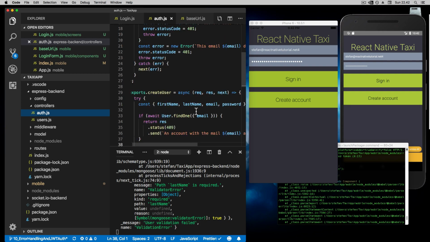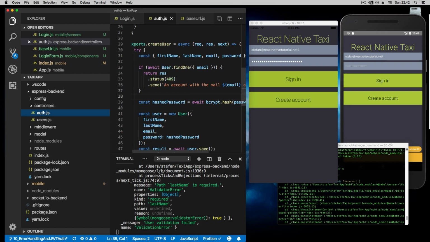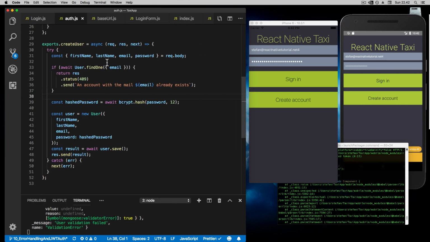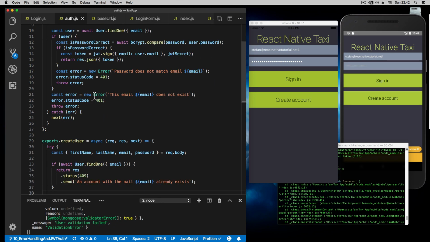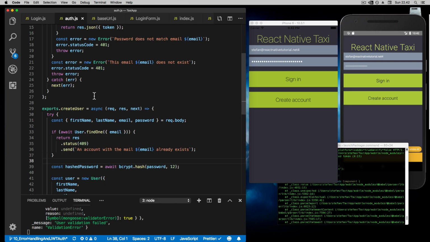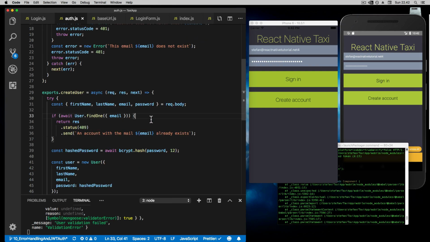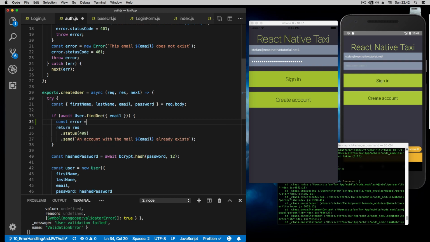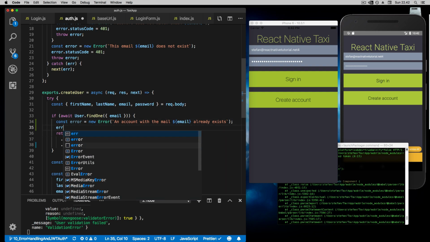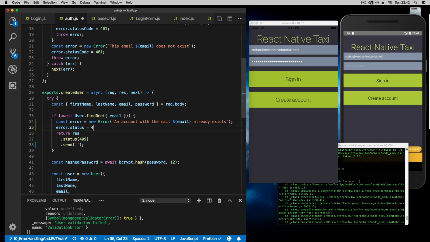And then we have a create user. Now you can see this create user function right here. You can see that we are not throwing an error like we do at the login function. So the error message is looking a bit different. It's just coming out as a string instead of a message object. So we just need to do that. So we say const error, new error. And we say an account, it's just the same text. This email already exists. And we set the error status code to be 409,